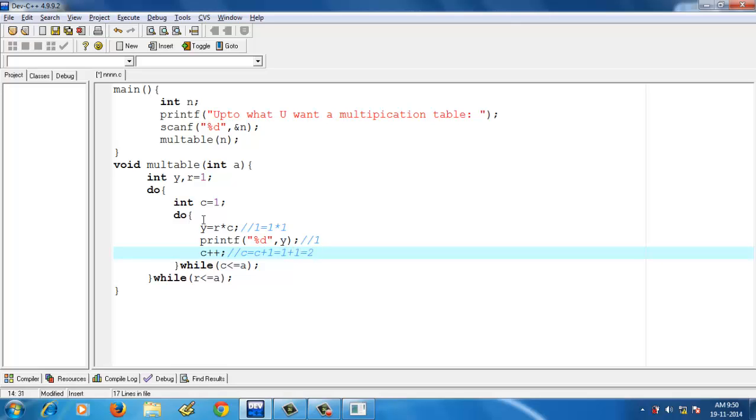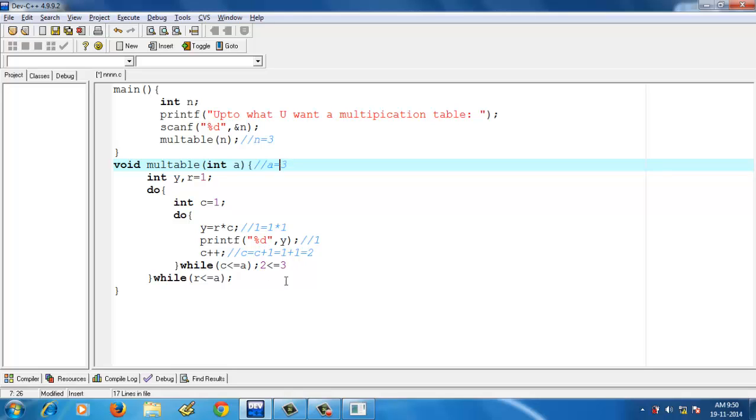Here the c value is 1 and it is incremented by 1, so here the c value is 2. Here the condition checks whether 2 is less than or equal to 3 or not, because here n equal to 3 and a is also equal to 3.